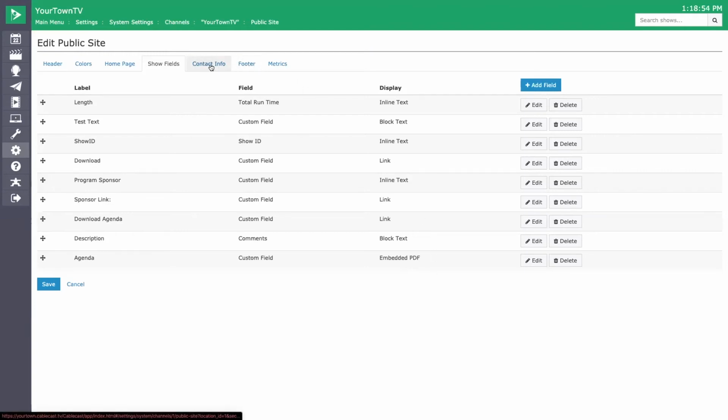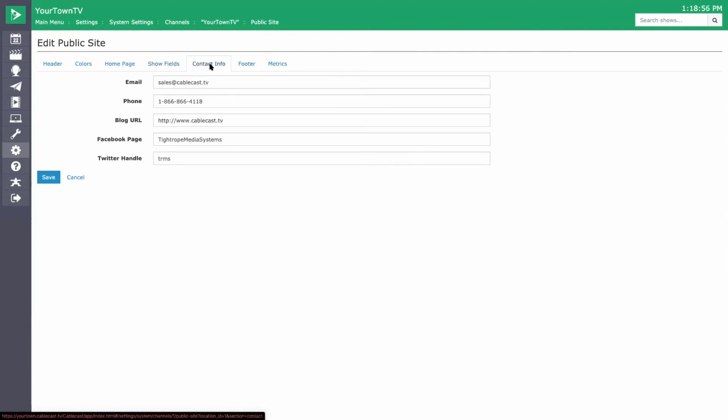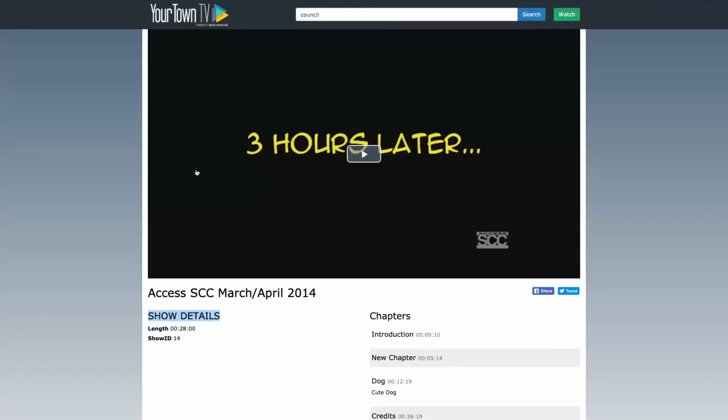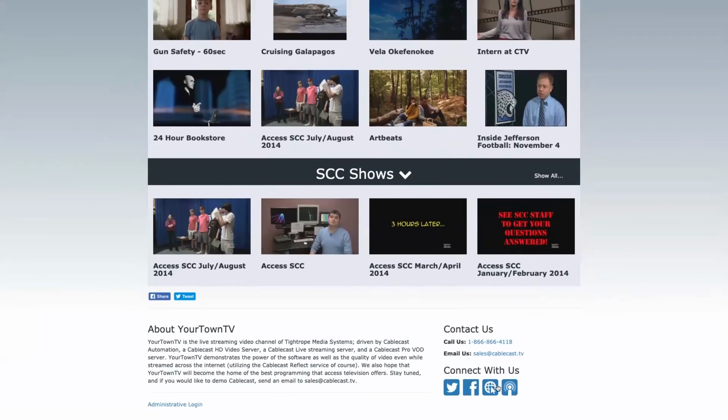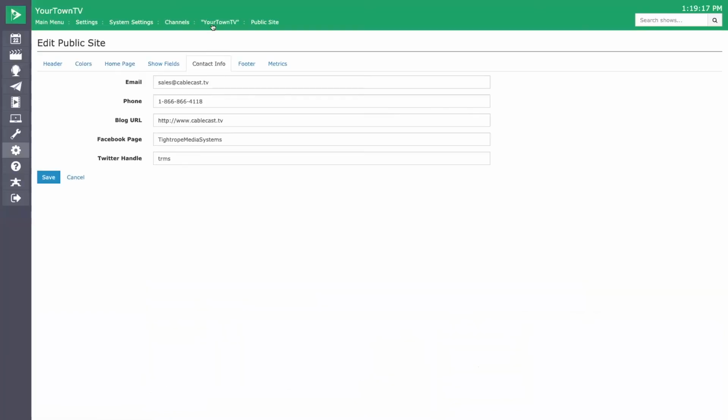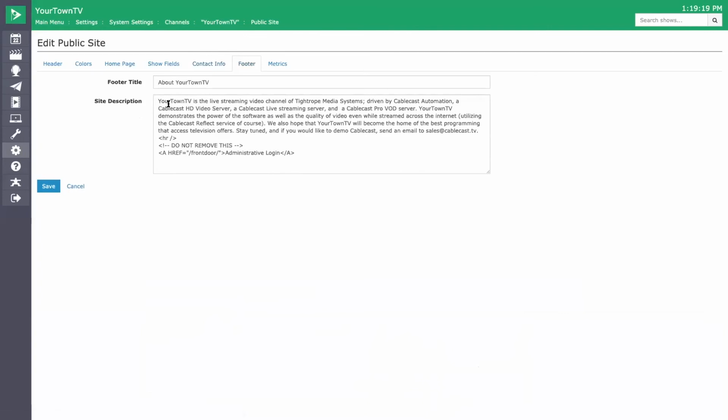The last couple of tabs here are just some generic things to add information to your public site itself. So contact information, which is then displayed at the bottom of your public site. So if we go back to our homepage, you're going to see there's our contact information. You can link directly to your Facebook or your Twitter. We also have our footer, which is right down here, which is this next tab that gives you information in there